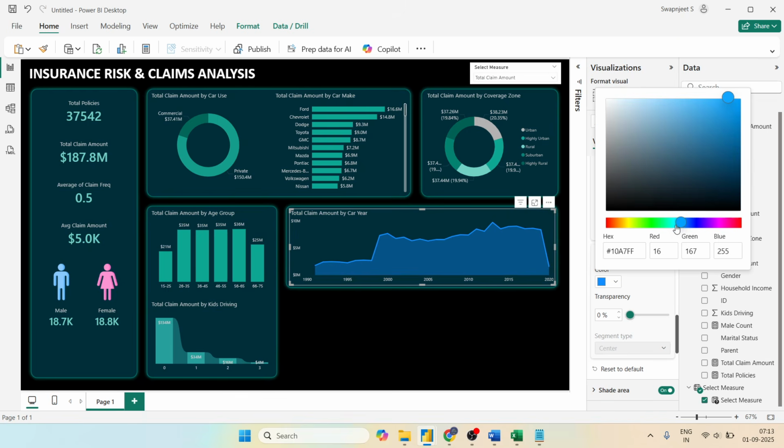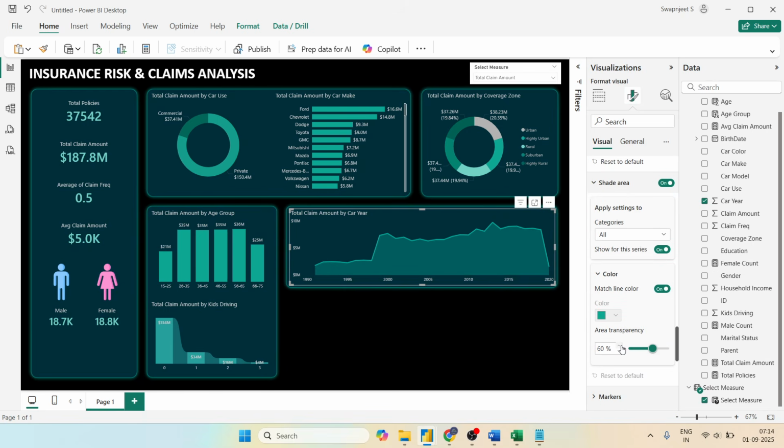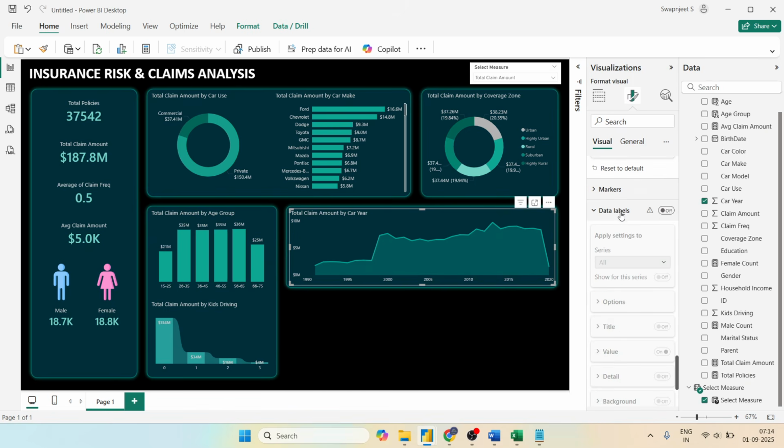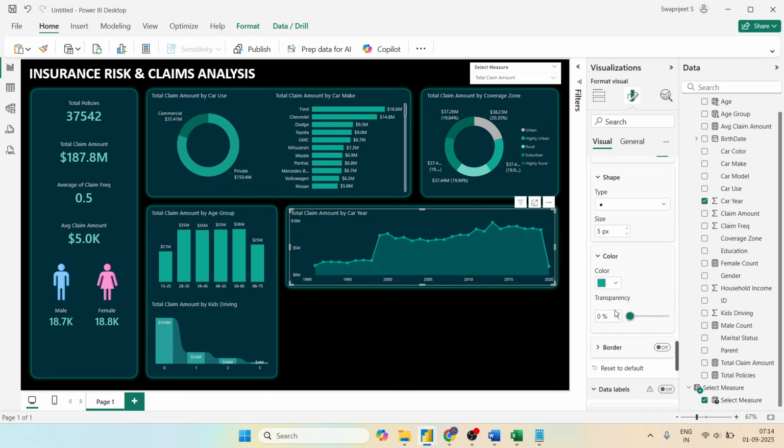Okay, so we'll just change it from here itself then. Okay, so just try to take this color and we'll go to shaded area. We'll increase the shaded area to 65 or 66%. Okay, I will just use markers also for this. Okay, so this will be the marker and I will use the color